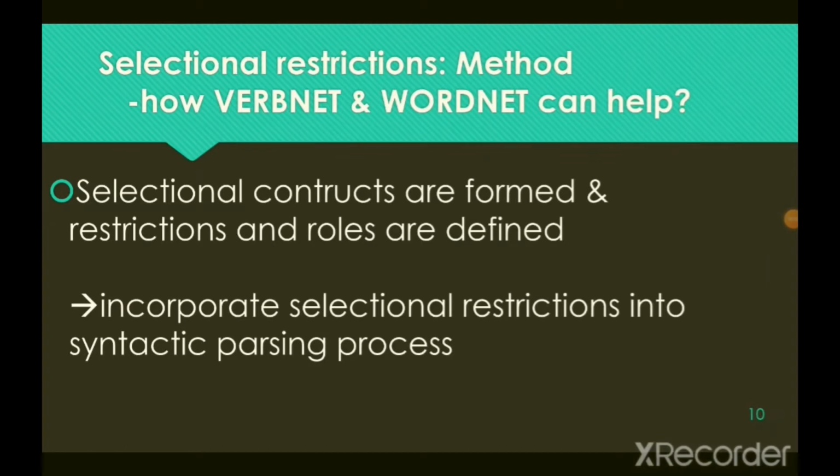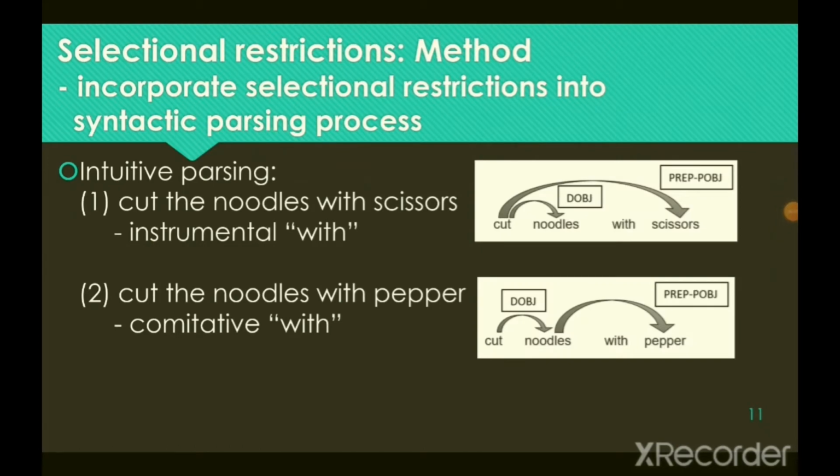Once the selectional constructs are formed and the restrictions and roles are defined, we can incorporate these restrictions into parsing. On the screen, you see the intuitive parsing of two ambiguous phrases. The first one, the instrumental "with", takes the prepositional object scissors to be attached to the verb cut. And in the second phrase, the commutative "with", it takes the prepositional object pepper and it is attached to the